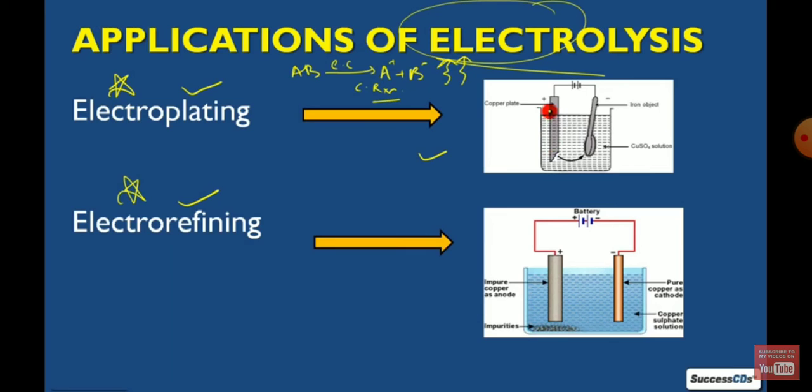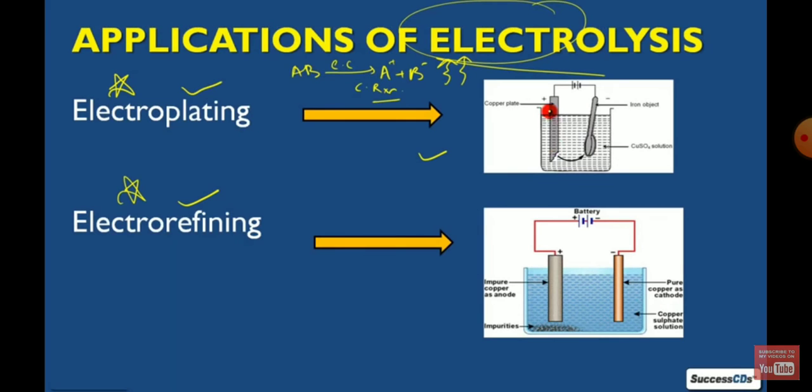The article which you have to electroplate, that is first washed with an alkali solution. Why? To remove any grease from its surface. Okay, then you will wash that article with the dilute acid. Why? To remove any oxide layer. So after this you will take that article and it is then thoroughly washed in the running water until it is free from the acids. So now what will you do here?